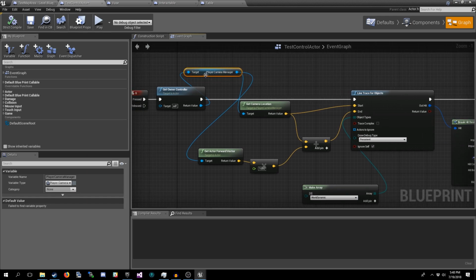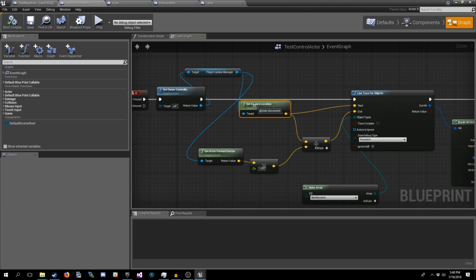What we do is we grab the player camera manager, we get the camera location, we input the camera location as the start, we get the camera's forward vector, which is the direction that it's pointing, basically, and then we multiply that by a magnitude of 1,000. That's what we're doing, is we're telling it the direction and how far, okay? And then we add that to the player camera location in order to say direction, how far, and from where. And that'll give us our endpoint.